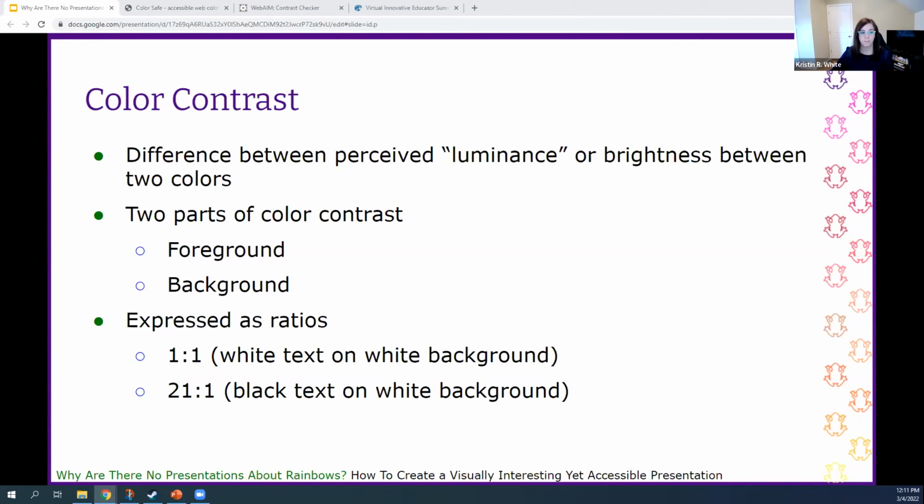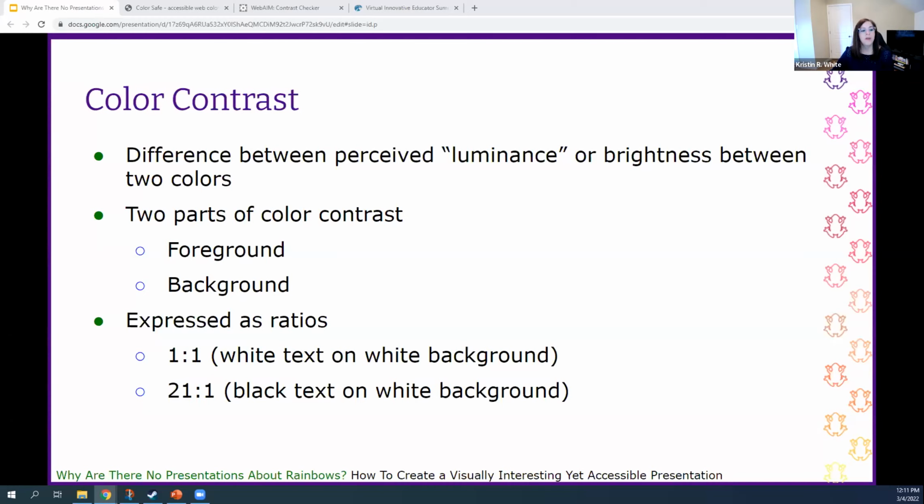works best for them. Color contrast is the difference between the background color and foreground color. Your background color is the color that is on the page. So for instance, when you open a Google Doc or a Microsoft Word document, it automatically defaults to a white background. The foreground color is the color of the text or images that are being put on top of that background. So again, a Google Doc or Microsoft Word document will automatically default to black text, which would be considered